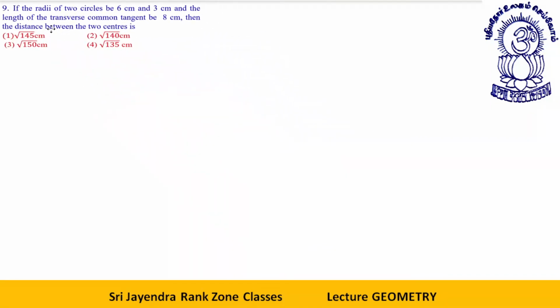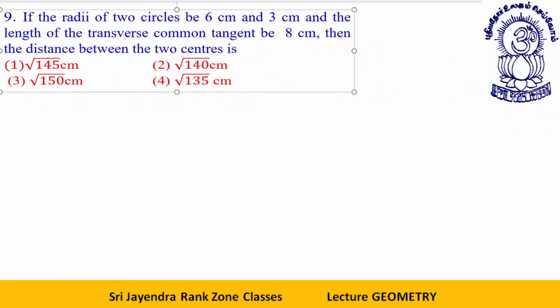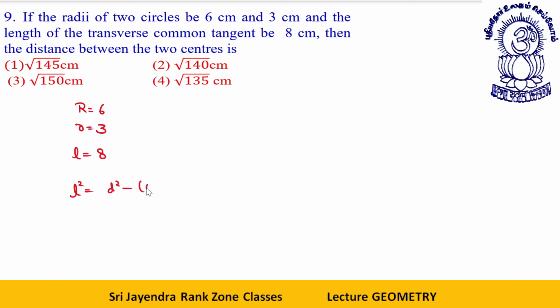The next question is, if the radii of two circles be 6 and 3, let's say capital R 6, small r 3, and the length of the transverse common tangent, this L, is given to you as 8, then the distance between the centers of the circles is? We have the property L square is equal to D square minus (R plus r) square, or I can say D square is equal to L square plus (R plus r) square. Therefore, D will be equal to